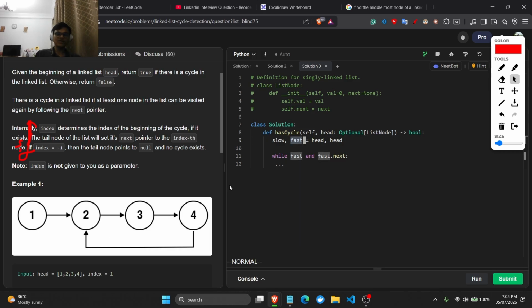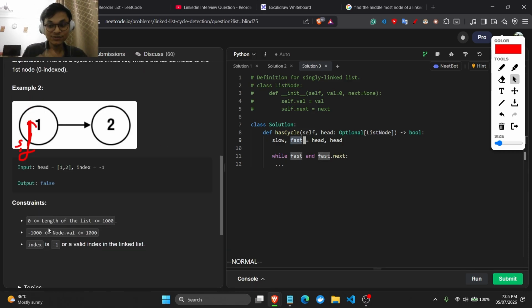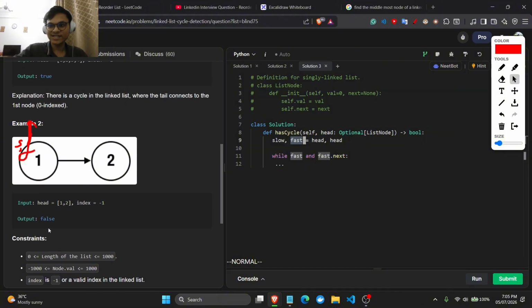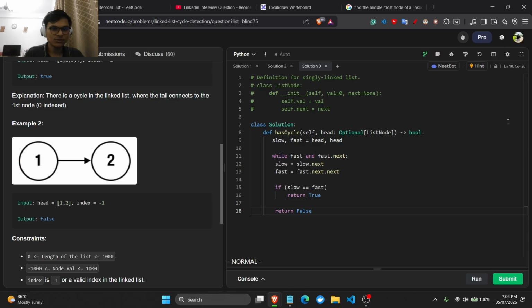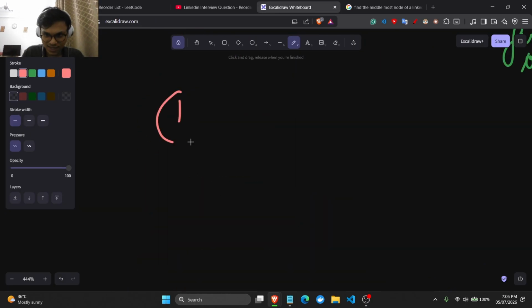So while fast, because we can't do head dot next, because the length of the list can be zero and head can be null, and saying a NoneType has attribute next doesn't make sense. So we do fast and fast dot next. While we do this, we then say, why is the indentation all messed up? Slow is equal to slow dot next. We do fast is equal to fast dot next two times, right? And now if slow is equal to fast, we will just return true, else I'll just come here and return false. And this works in linear time, because if we have a cycle,